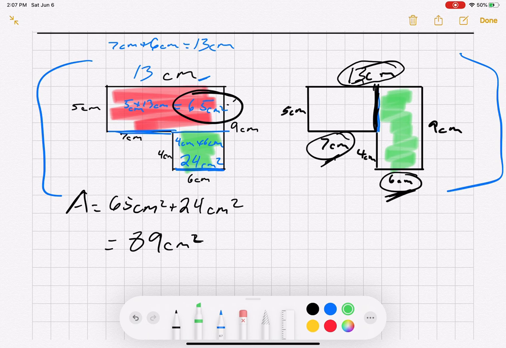Okay, I have 9 centimeters is what I'm using. So I have 9 centimeters times 6 centimeters, and that is going to be